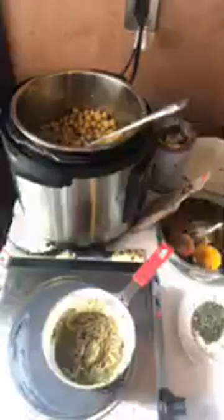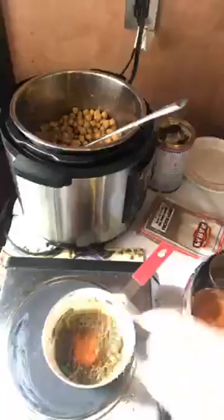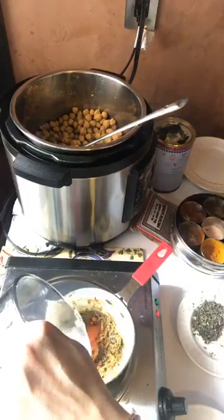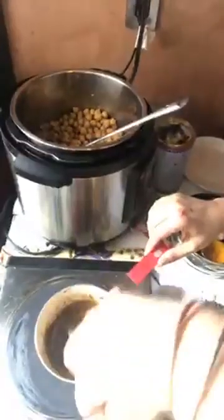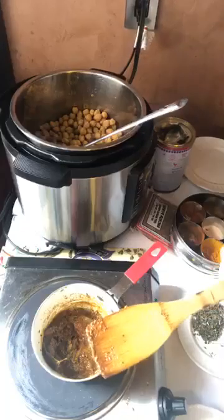Now I'm gonna add some paprika powder, and I'm gonna give you a cool trick. So this paprika powder is really more for color than for heat. And whenever you add paprika powder to your dishes, always add a little splash of water. Yep, that's the trick to extracting all the beautiful color from here and also preventing it from burning so that it doesn't turn the dish black. For any recipe, whenever you're using paprika powder,